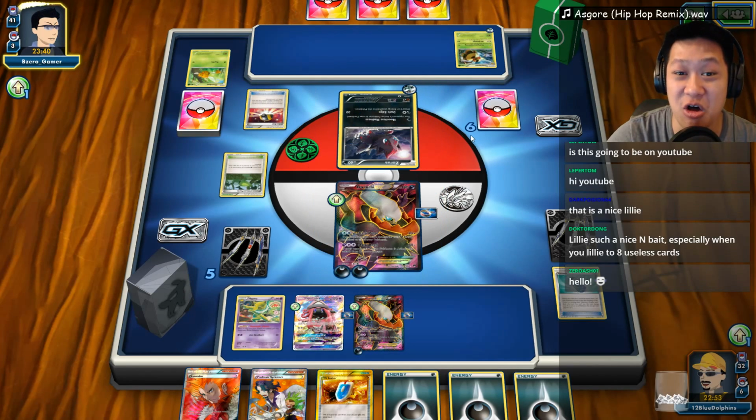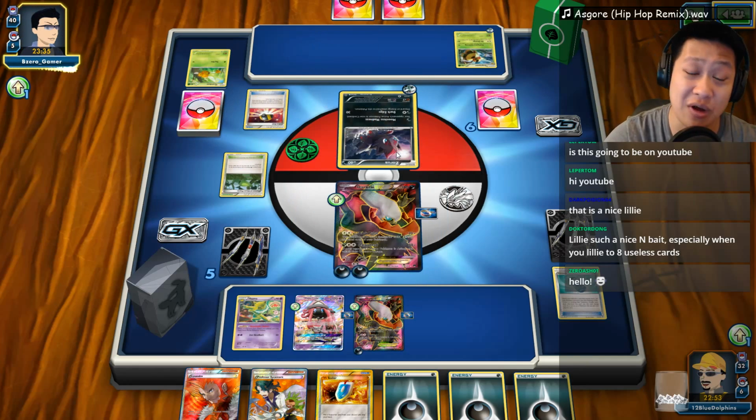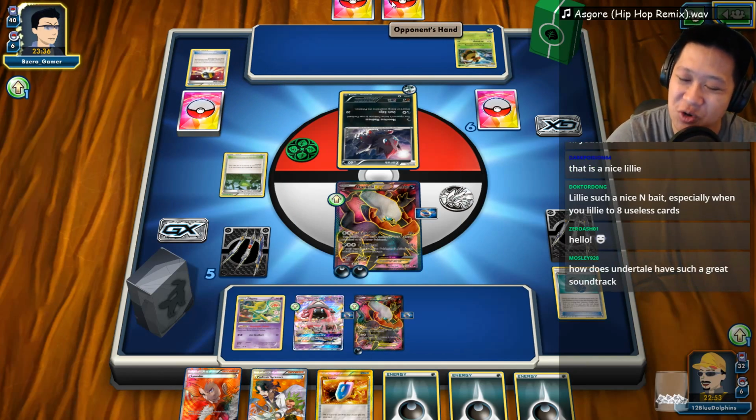What do we have here? Ultra Ball. That is looking like either a Shaman. It could be a Shaman, Lele, or he really wants that Zoroark. And the last card is a draw supporter. So that's